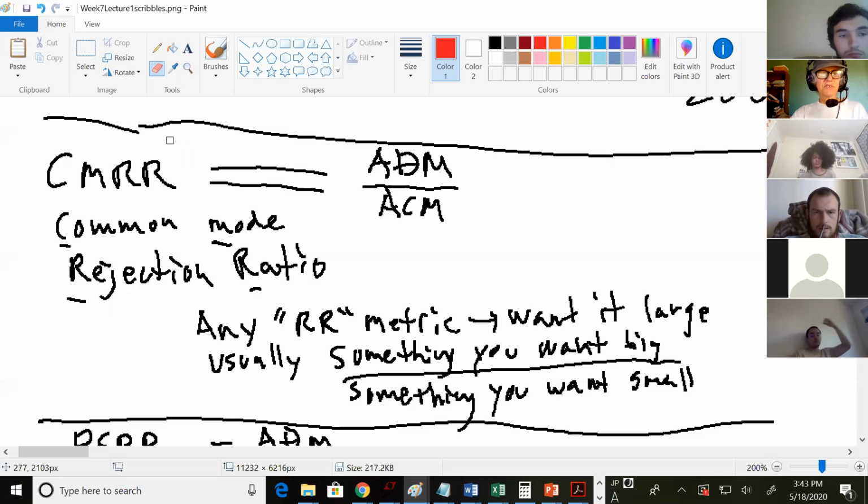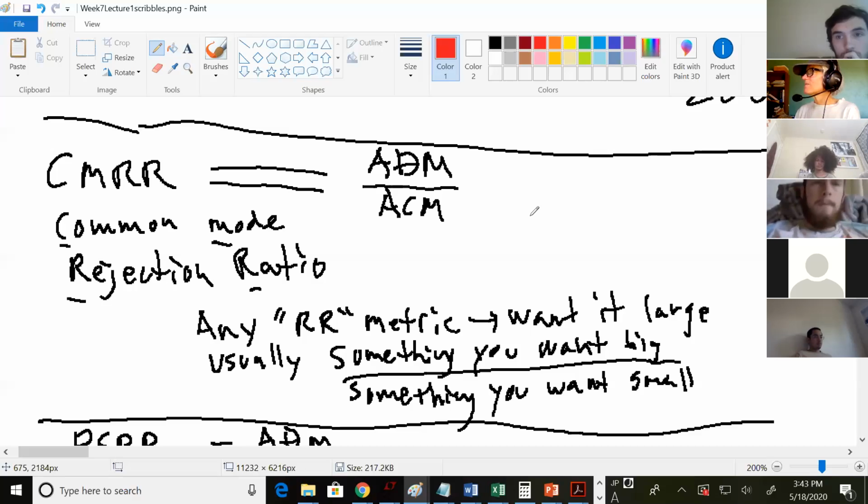And so this common mode rejection ratio tells you about the gain that you want over the gain you don't want. ADM is the differential gain, and that's the gain that you're actually trying to get out of this circuit. If it was a common emitter, it would be AV. All the gains that we've looked at up to now, we wanted that gain to be big. So ADM is that differential mode gain, and we like it. And then ACM is the gain that we just saw, and